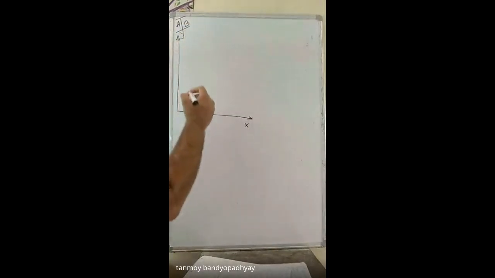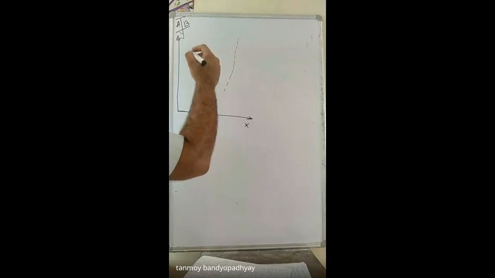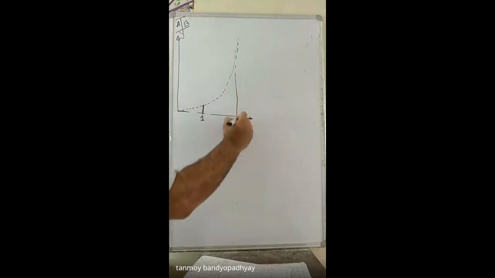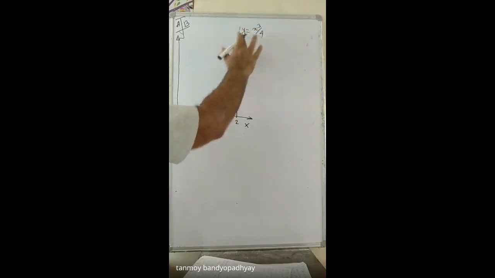So we'll be doing problem number A13 where the area is being bound by the x-axis. This is the x-axis, this is the y-axis. So there is a parabola. This is a cubic curve. This one is 1 and this one is 2. So this is the area bound by the x-axis. The equation of the curve is given to be y is equal to x cubed by 4. I hope you can understand the differences between the problems.